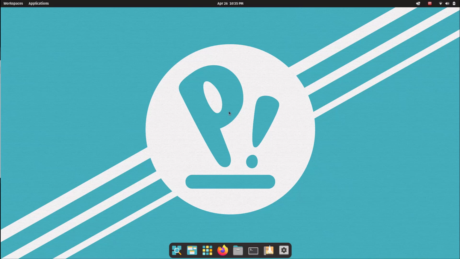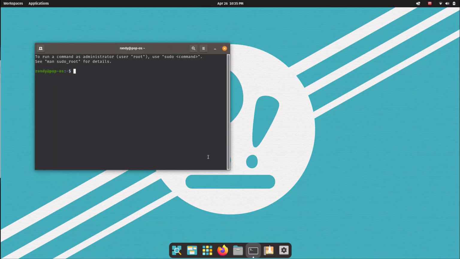The very first thing I do on any Linux system after installing it is, of course, update the system and check for the latest updates, that is. What you can do is click on the terminal. You should have it down here on the bar. And when you click on that, you can type in sudo apt update and then two ampersands and then sudo apt upgrade. It's basically just chaining two commands together. And you just hit enter, type in your password,